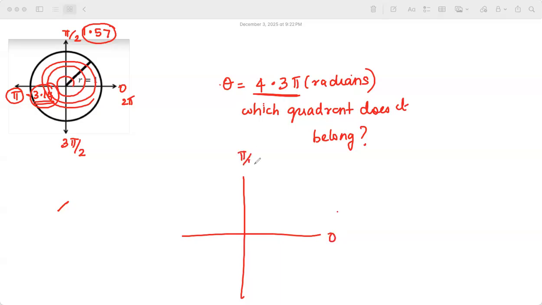0, pi by 2. This is pi radians. This is 3 pi by 2. This is 2 pi. Then again, I'm going to add on. 2 pi plus pi by 2 is 5 pi by 2. Then 5 pi by 2 plus another pi by 2 is 6 pi by 2, but it becomes 3 pi. It's just fraction addition. 3 pi by 2 plus pi by 2 will be equal to what? 7 pi by 2. This becomes the second turn.